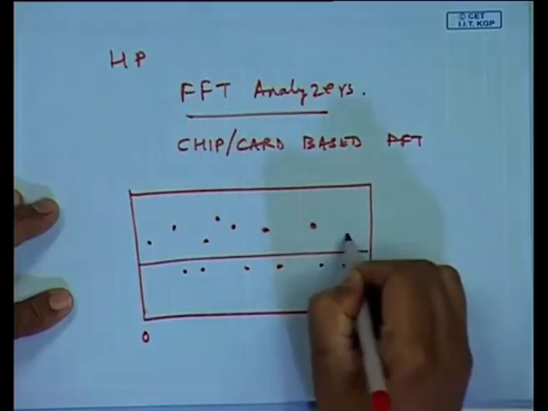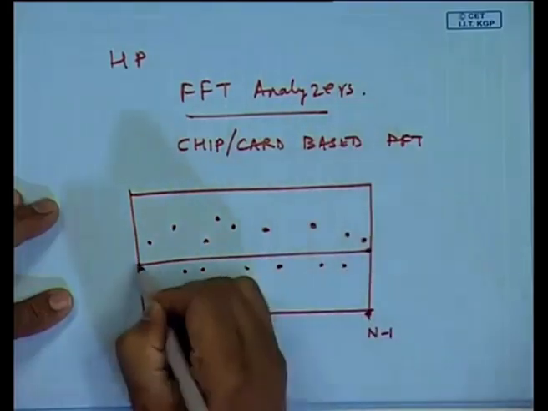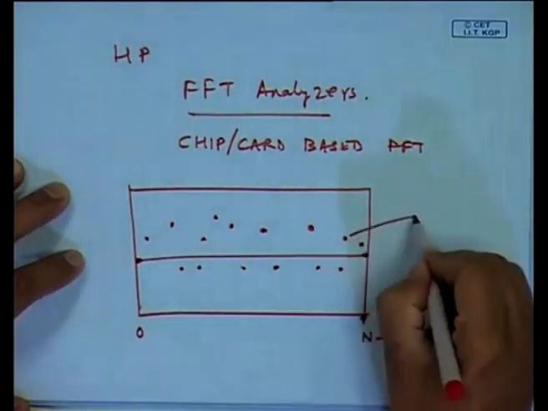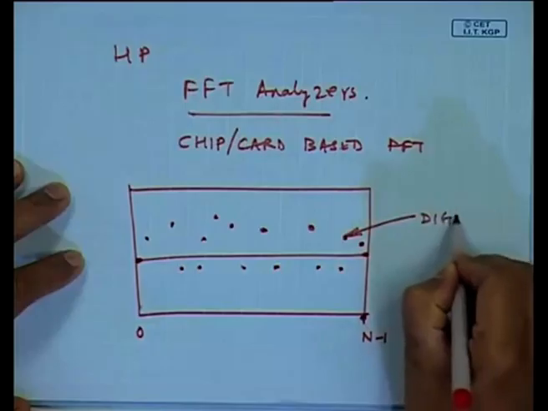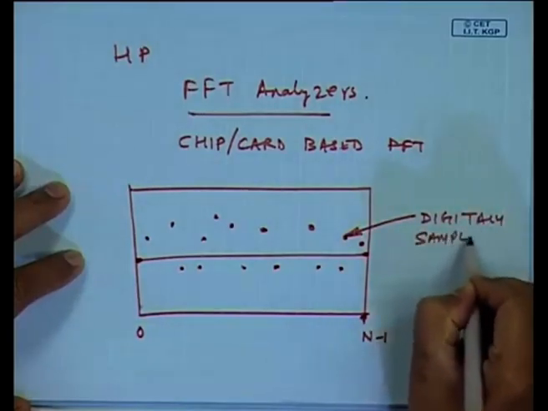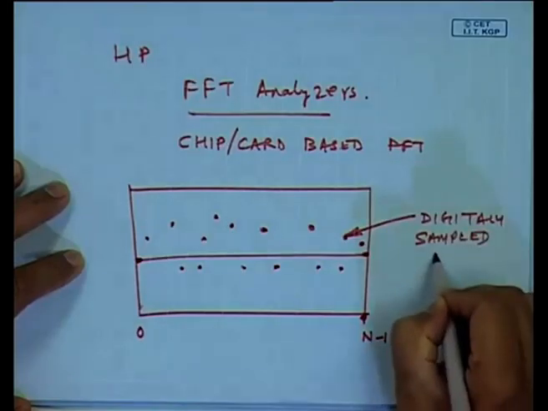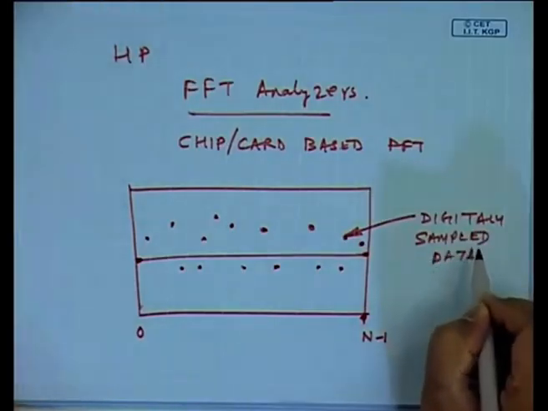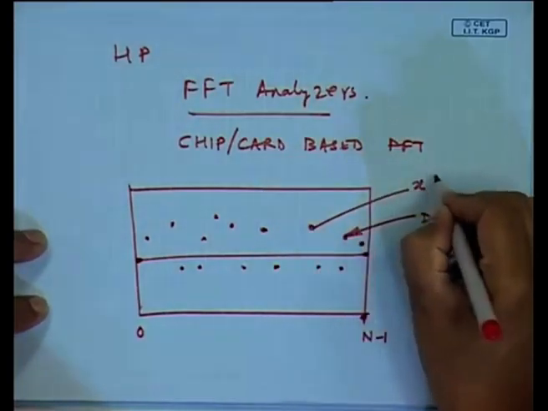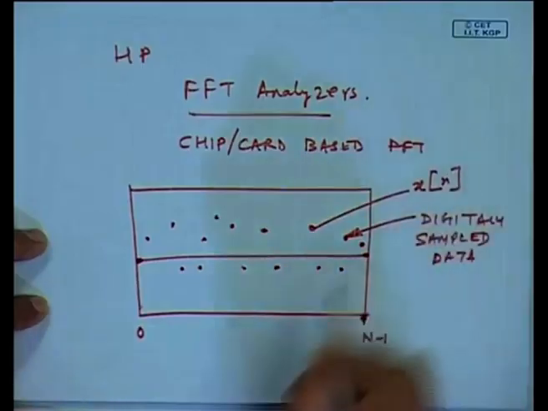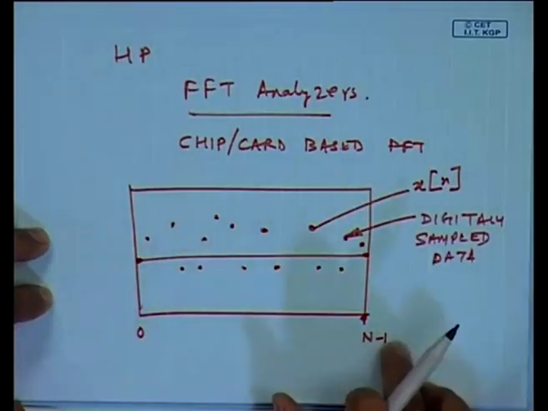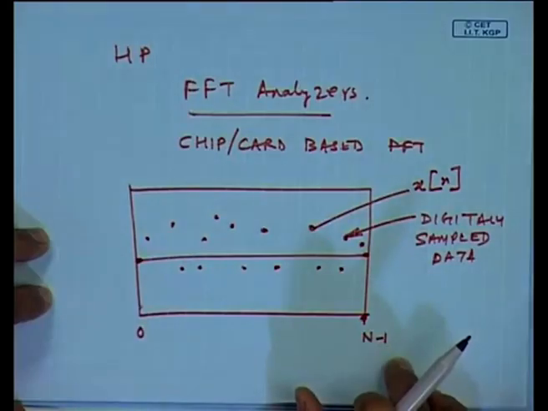I am denoting them by circles, because this is what I have obtained after my data has been sampled. So, this corresponds to each of your x n, and then I will have such an array of n data points,